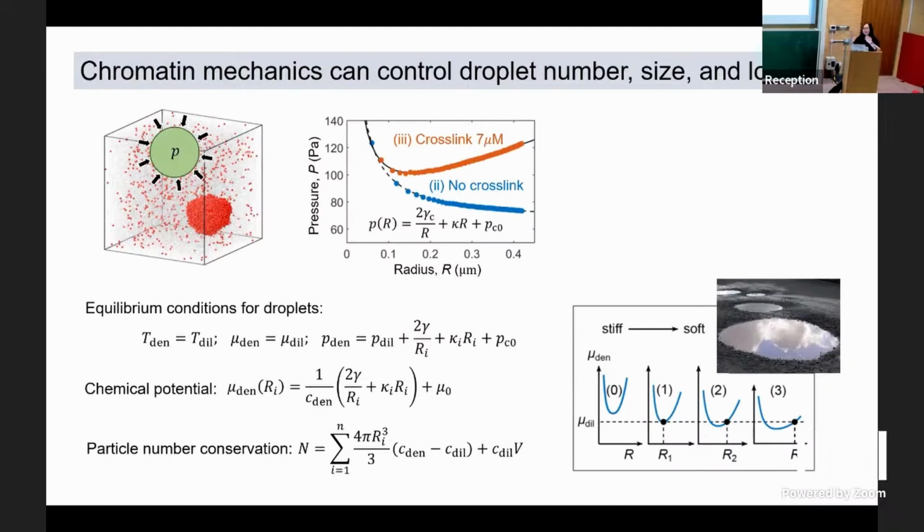But in a real cell, it's really interactive. The growing droplet could break your cross-link, and then the formation of a cross-link could constrain your droplet. So it's an interplay. But maybe the reason why different cells have different numbers of nucleoli is because